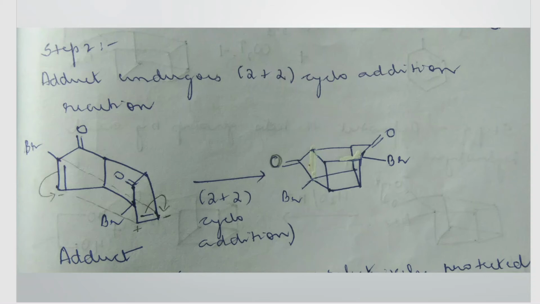Moving on to step number 2, you're taking the adduct that you've got by the end of step number 1. Now here it undergoes a 2 plus 2 cycloaddition reaction. There it was 4 plus 2; here it is a 2 plus 2 cycloaddition reaction. It's the same thing here. You can see one more pi bond is there. That will shift onto one carbon, giving that carbon a minus charge, and the neighboring carbon will get a plus charge. Same way here also you can see the pi bonds, correct? Wherever you see the pi bonds, it's possible to shift them.